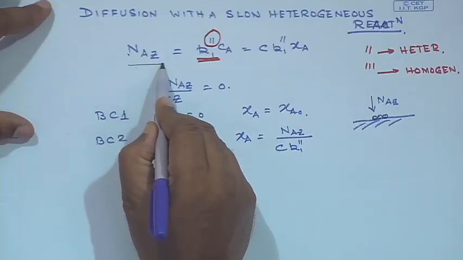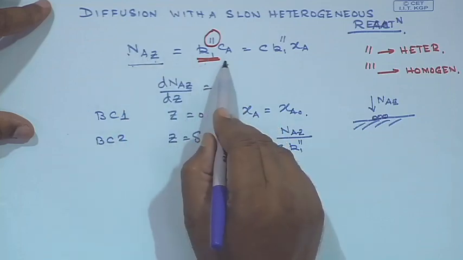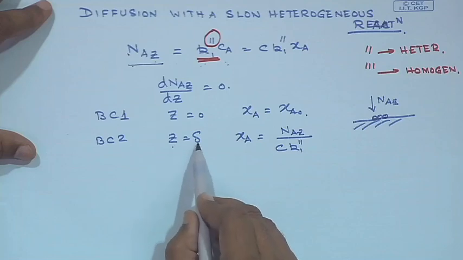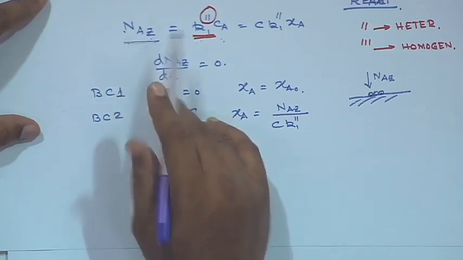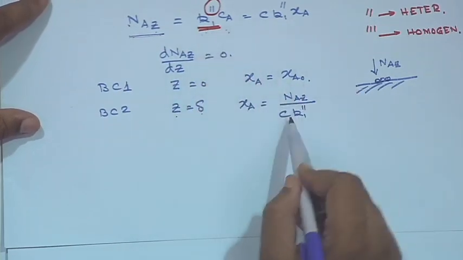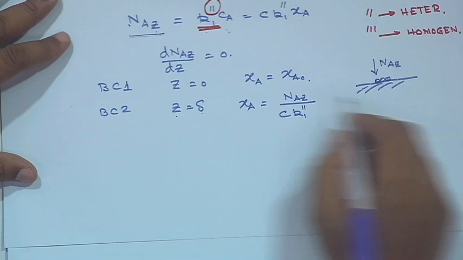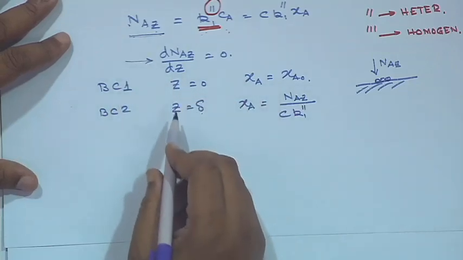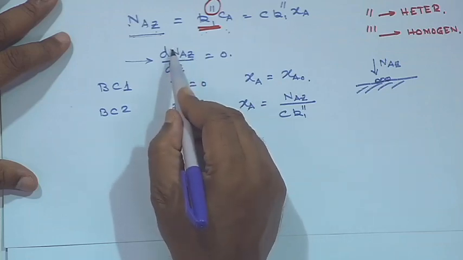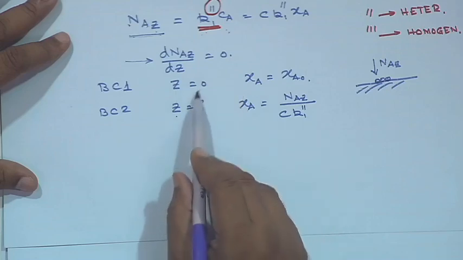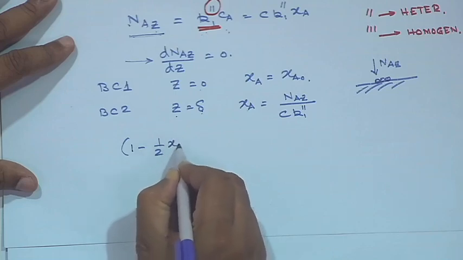equating the flux of A in the z direction to the reaction rate, we can write the condition at z equals delta, the equality of the rate of movement of A to that of the reaction rate. This is the condition that one can write, and the governing equation will remain the same. So, when you plug the expression of N_Az exactly like the previous one into this and integrate and use the boundary conditions, the final form that you are going to get is